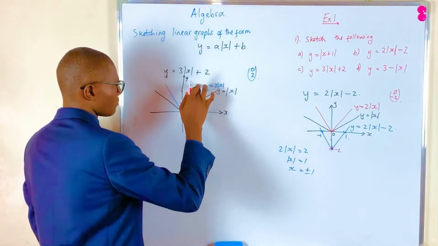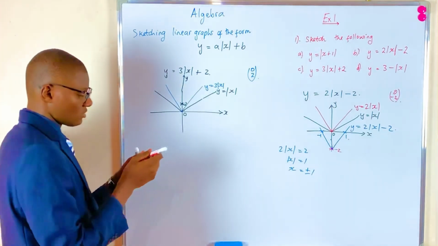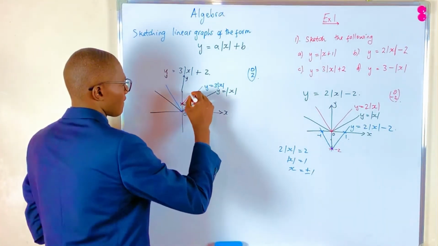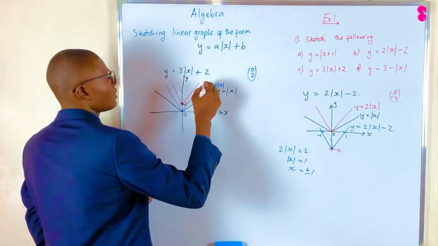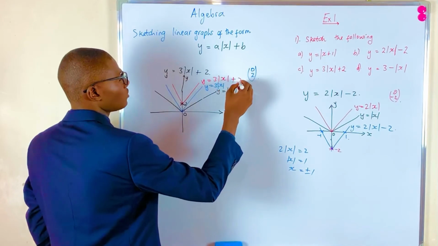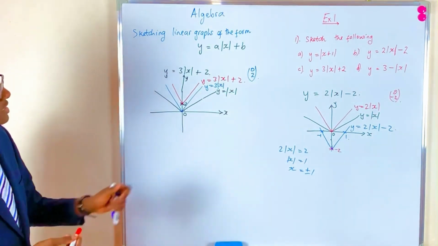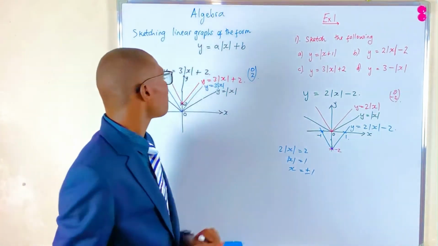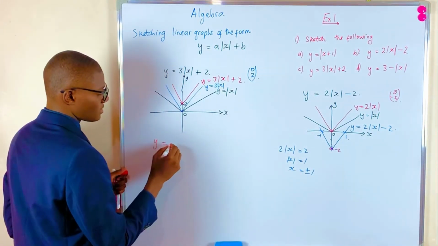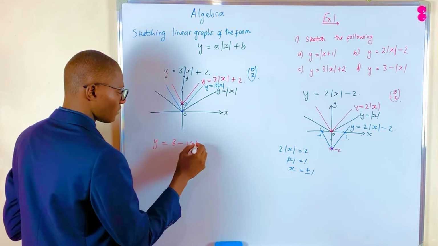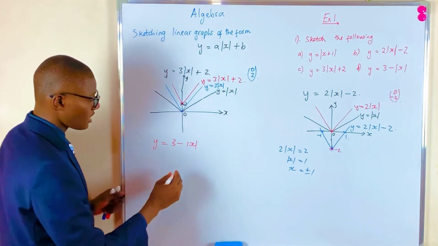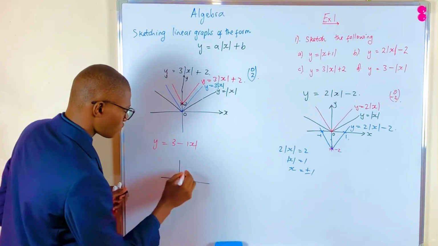Let me put this in red. So it will be something like this, then like that. So this will be now for y is equal to 3 modulus of x plus 2. This is how we come up with the sketch. And then now for part D we need to come up with the sketch for y is equal to 3 minus the modulus of x. In the first step, we say if we were to come up with the sketch for y is equal to the modulus of x,